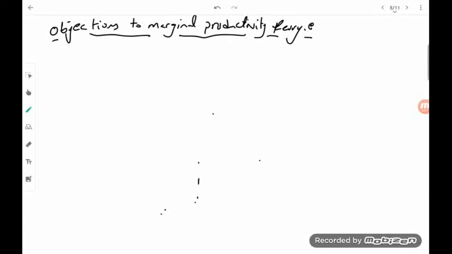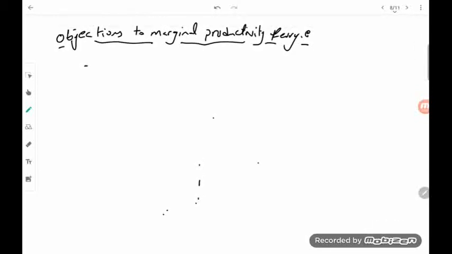Or has one main criticism. It is a theoretical concept. Actually, it's very sophisticated to be applied in real life. So economists who are against the idea of marginal productivity theory said that it's theoretical. We cannot apply this in real life. You cannot determine the actual addition by each worker alone, whether in terms of number of units produced or the value of units produced by each worker.